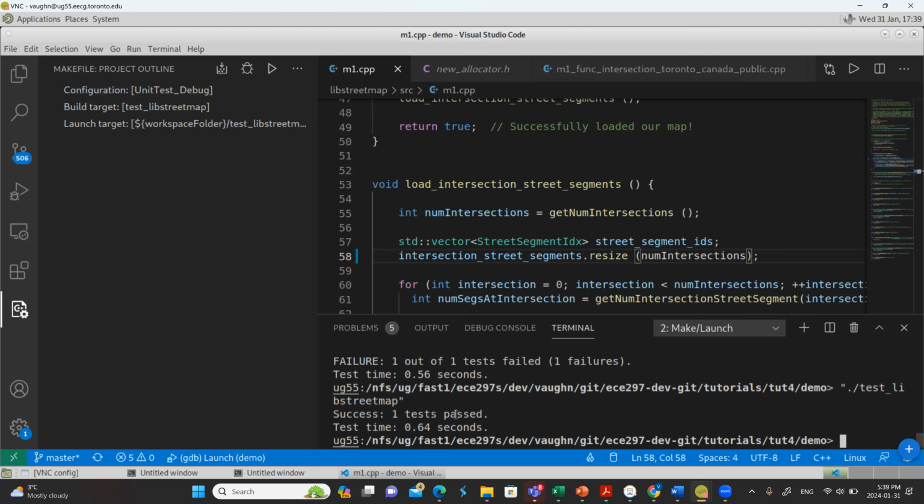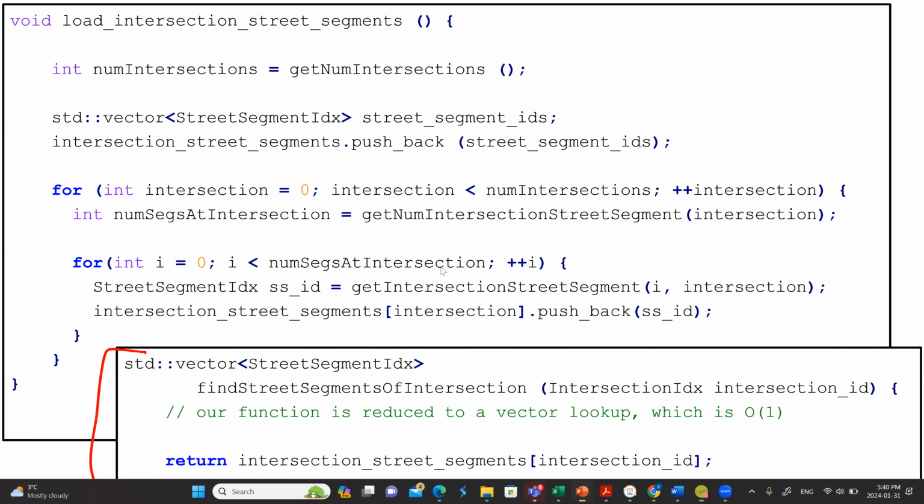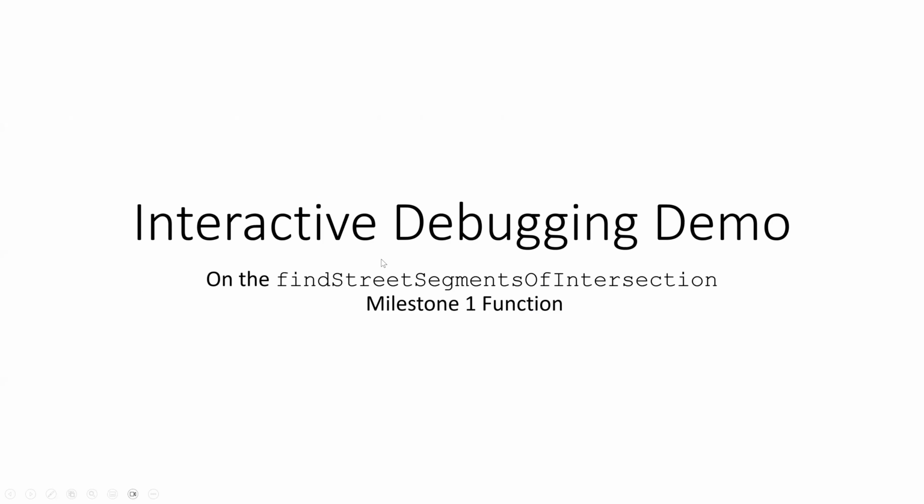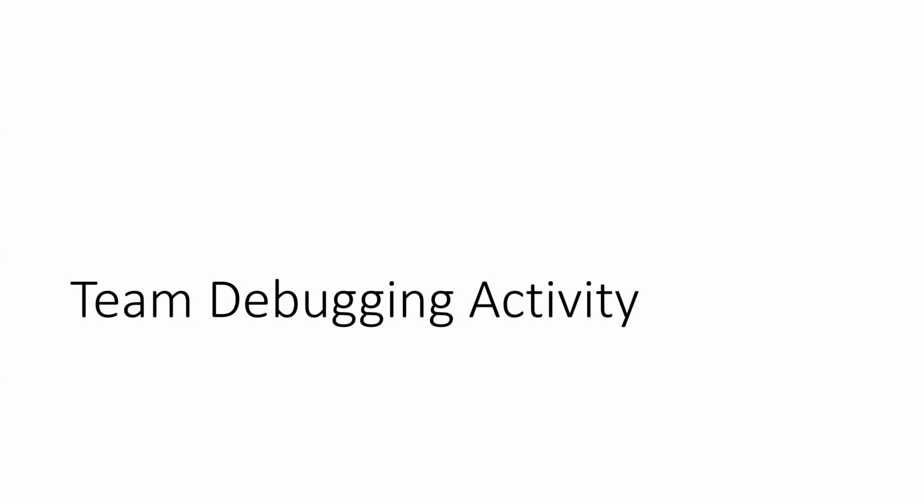Remember that our tests tell you a bunch of information. If they fail, they tell you; if they pass, they just tell you how many things passed. So one test passed is good. This function now works. Okay, so we fixed our function. Any questions on that? Does it make sense? I went through this kind of slowly and painfully, partly because I don't use Visual Studio Code that much, I use other IDEs, and partly because I wanted you to remember exactly how to run all these commands to get our tests. Yeah?